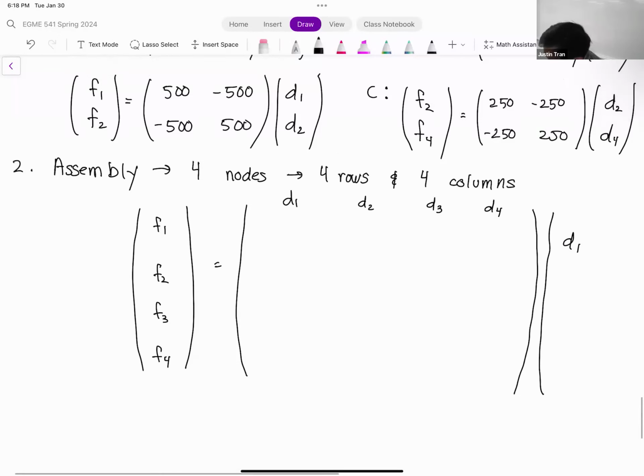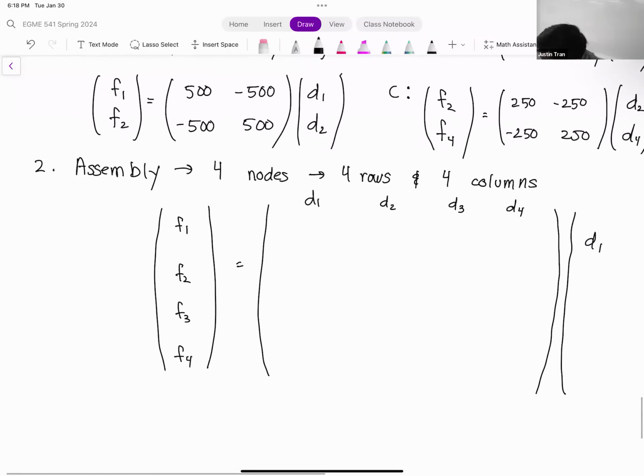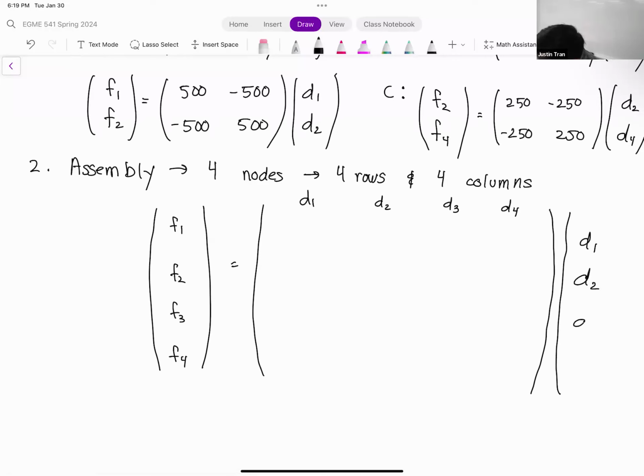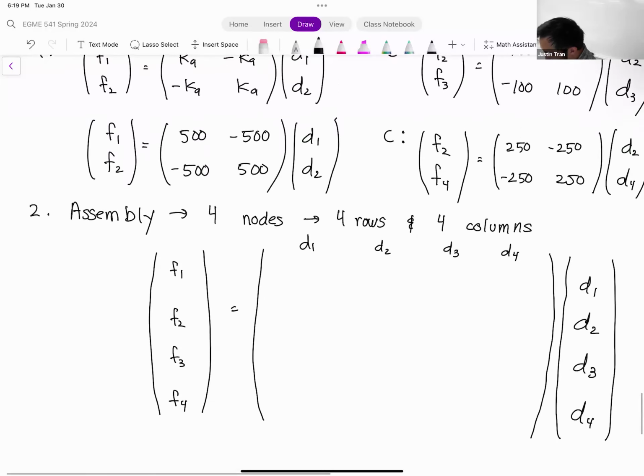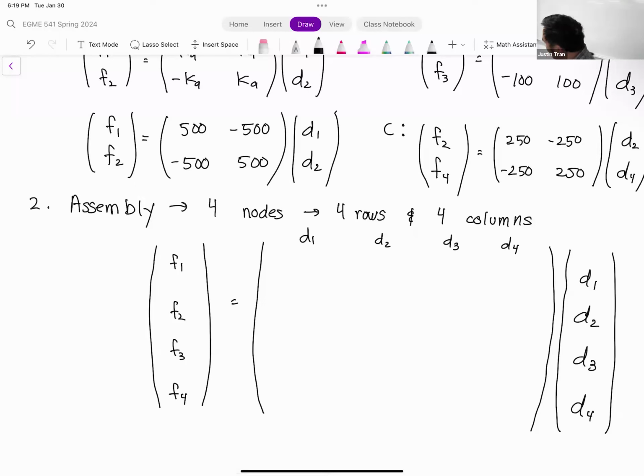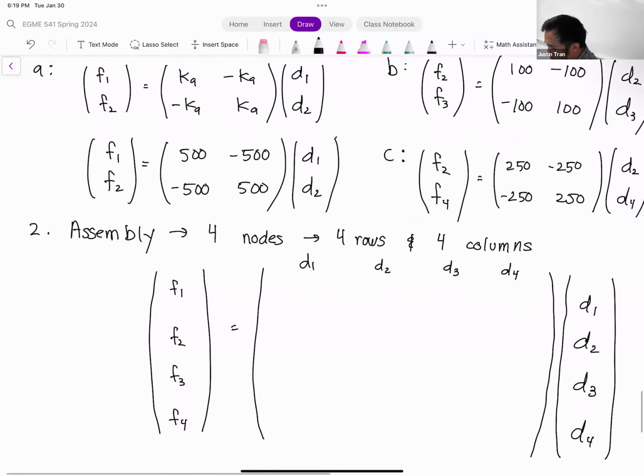And the rows here, we have D1, D2, D3, and D4. Okay. So there is our global linear system. Four rows for 4 equations and 4 columns for the 4 unknowns, D1, D2, D3, D4. Okay. So the first step here is inserting these into the appropriate places. If you remember how to do that from last time, we're going to look at the nodes that